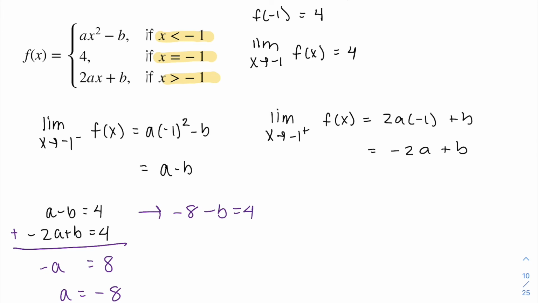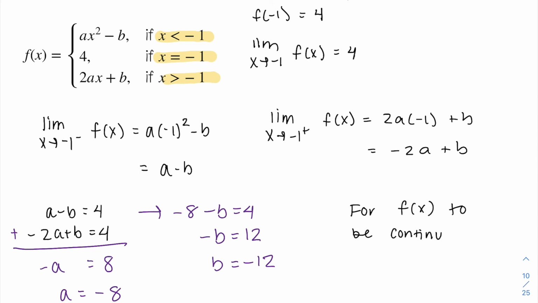And then I can plug that in, so negative 8 minus b should equal 4. If I add the 8 over, I get b is going to equal negative 12. So we can say for f of x to be continuous, a needs to equal negative 8 and b